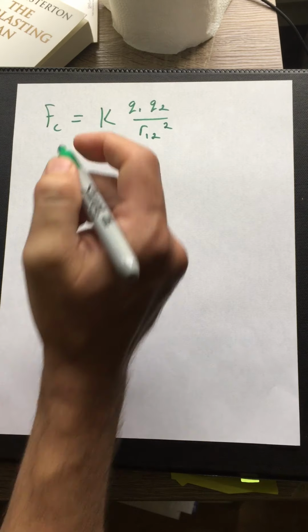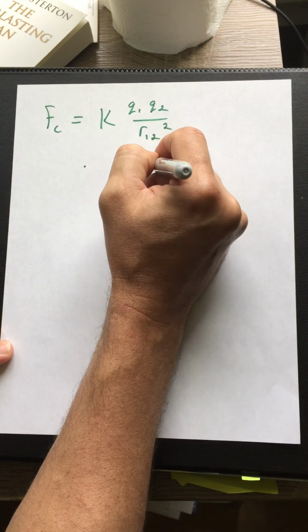Now, this is a vector quantity, it's a force. I'm not writing down the vector nature here for simplicity. But remember, this is a vector quantity, and anything I do to it is going to have to take the vector nature into account. So we're going to hang on to that in our minds for just a second. So this is the force that exists between two charges. Okay, fair enough. If I have two charges, Q1 and Q2,